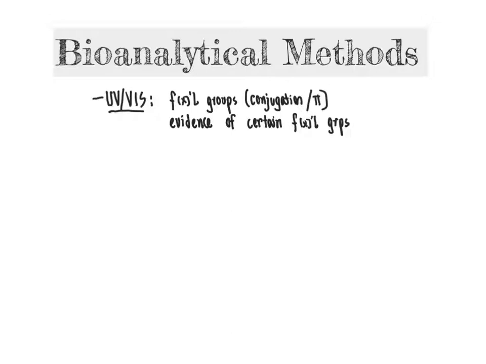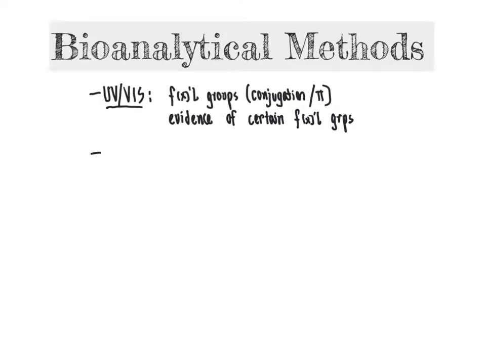Instead, we need to merge this information with other bioanalytical methods in order to develop a complete understanding of the chemical structure of the unknown molecule, such as an unknown drug molecule or unknown biomacromolecule, such as a novel protein